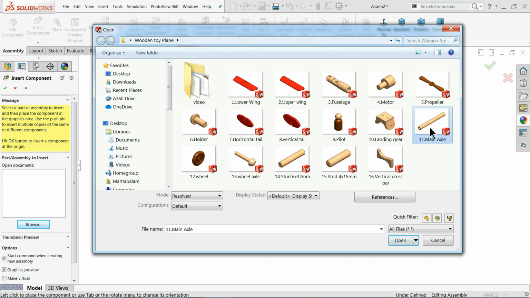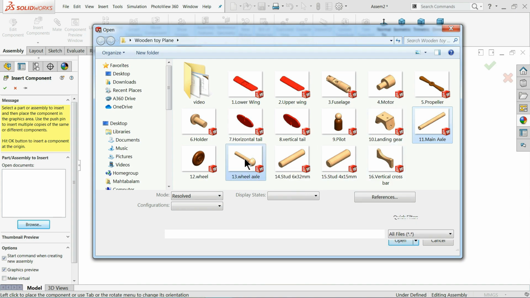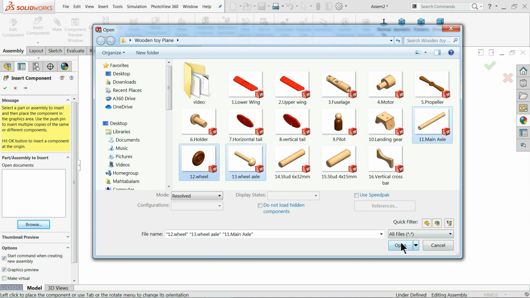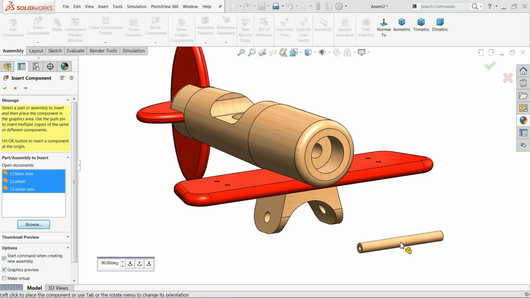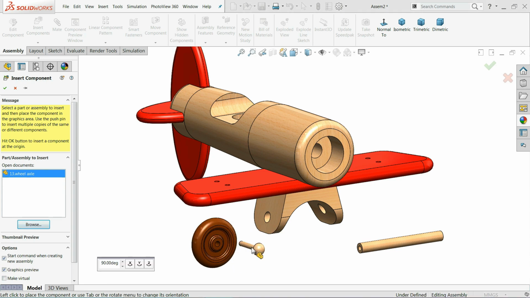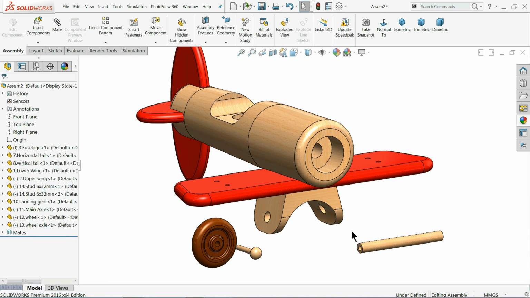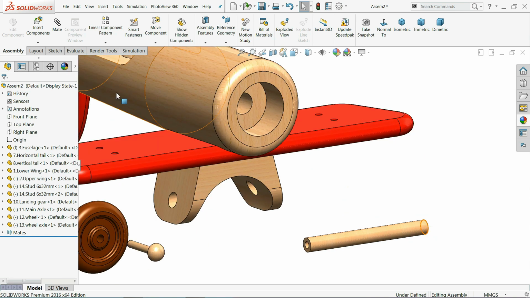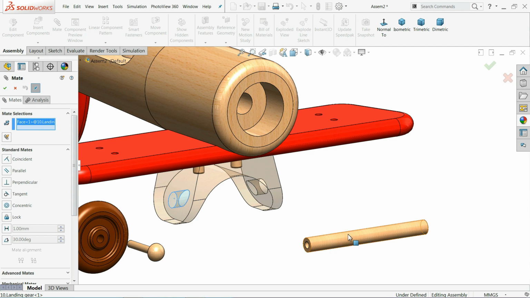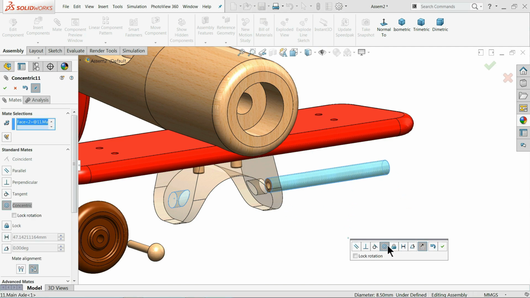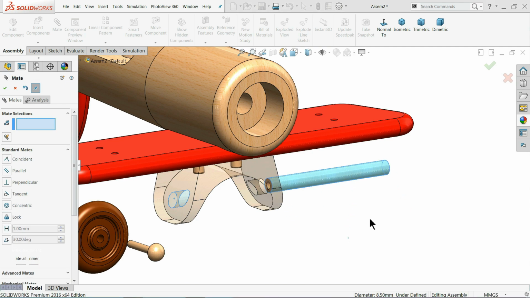Now here I'll choose main axle, then control key, wheel axle and wheel. Open. Let's try one important relation. Select this hole and this main axle, concentric relation.